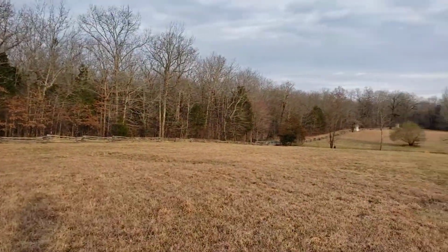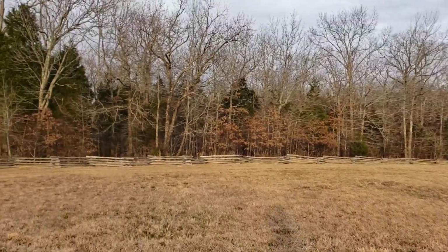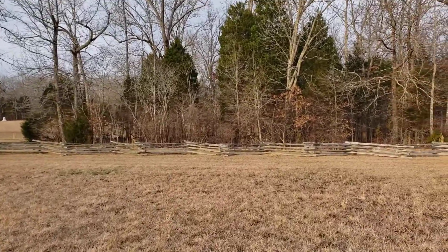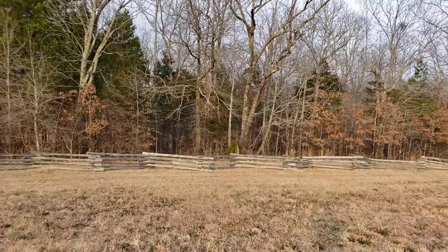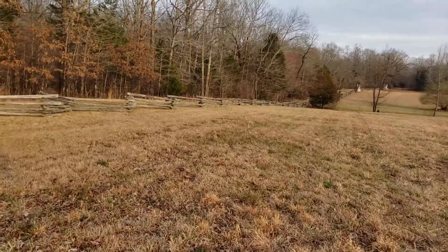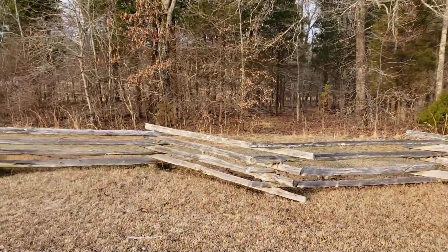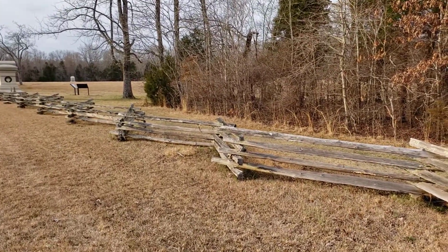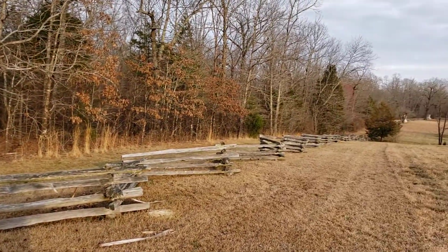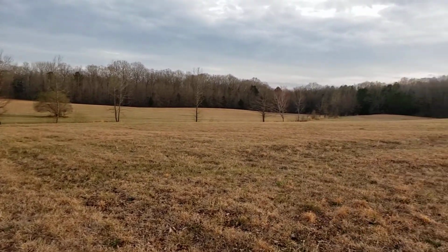There is the Hornet's Nest and the sunken road. You are seeing what those Confederate soldiers saw when they charged the Hornet's Nest and the sunken road. And you see how dense the woods are. And into the distance, dropping down to the creek and then back up the hill and back toward,